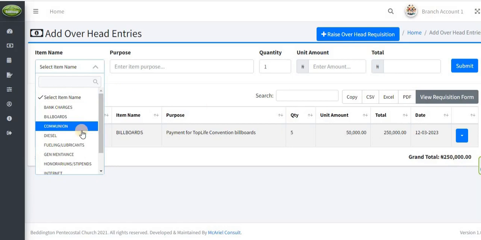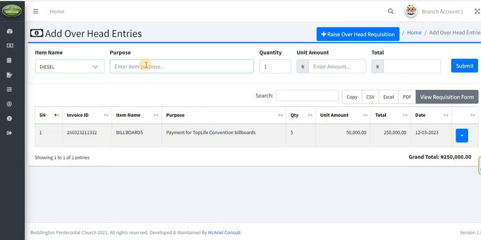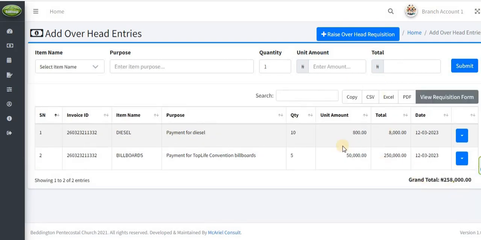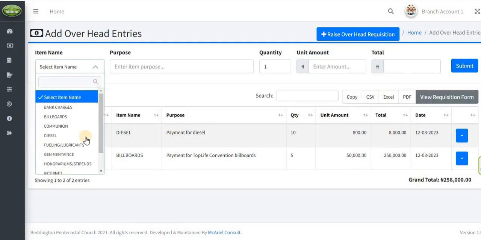So the next we'll do here is diesel, right? Payment for diesel. Say 10 liters of diesel at 800 per liter, 8,000, right? Okay, so we have 258,000. Now the next is